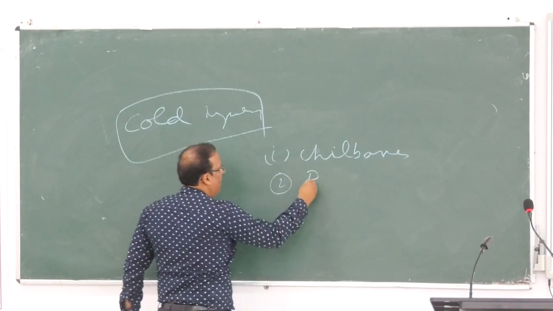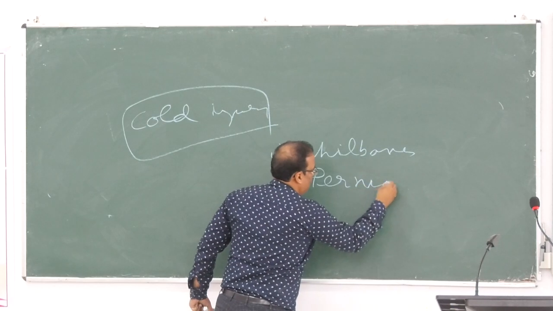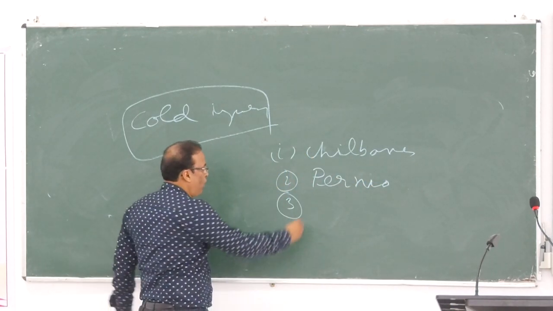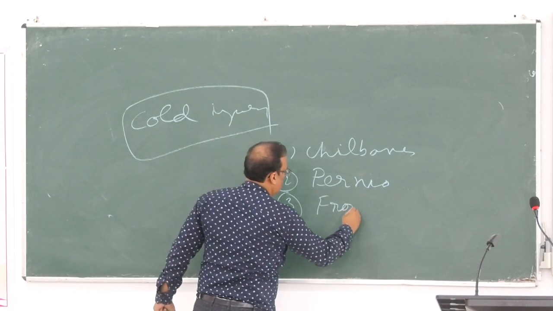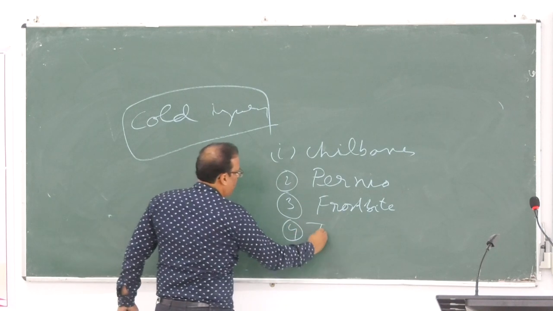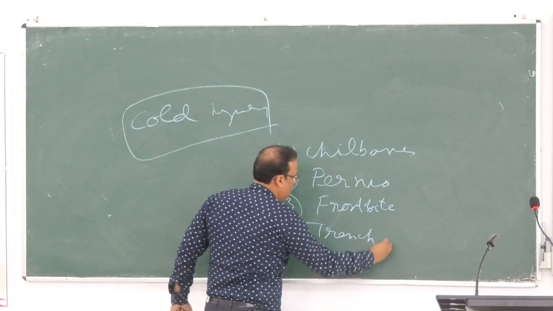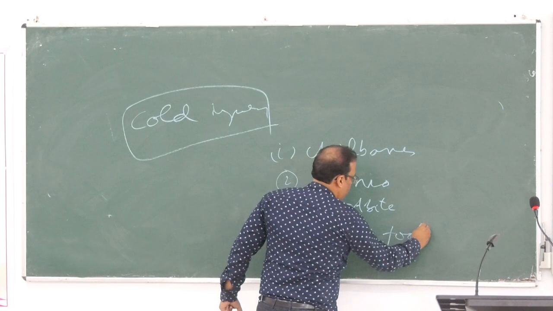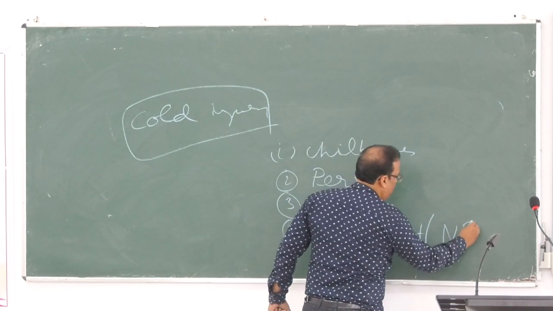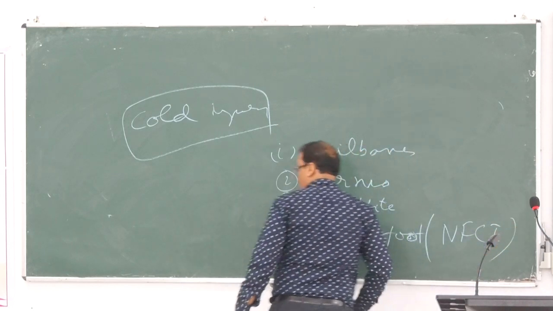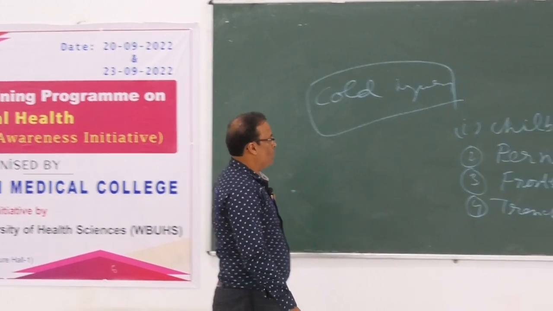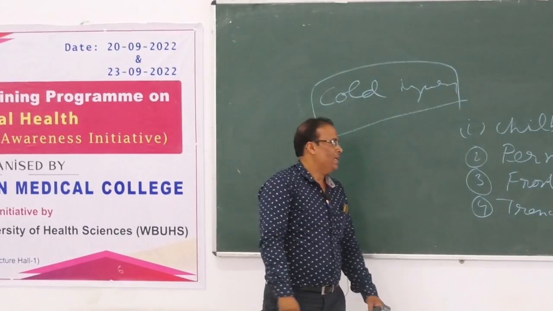Number 2 pernio, এইসব নাম বল। Then frostbite, এটা তো শুনেছিস নিশ্চয়ই। Number 4 is trench foot, TRENCH, trench foot. Trench foot এর একটা নাম আছে, non-freezing cold injury। চচ্চর করে সব মনে পড়ছে আমার। So chilblains, পার্নিও,